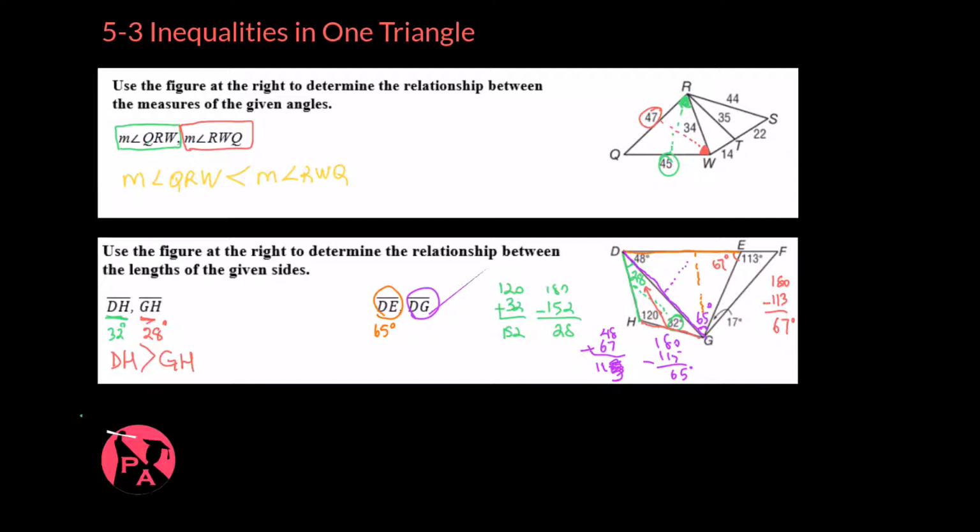It seems like I forgot to put its measure. No, I didn't forget it, sorry. The angle is right here, 67 degrees. Now I can easily compare these two. Since 67 is greater than 65, I can say that the length of DE is going to be less than the length of DG. That's all for this lesson,